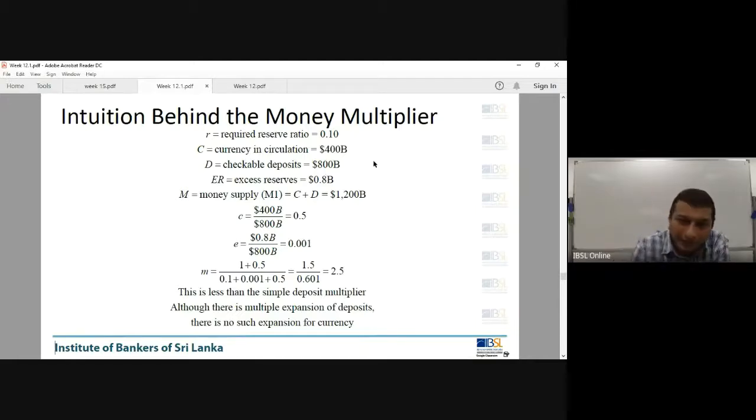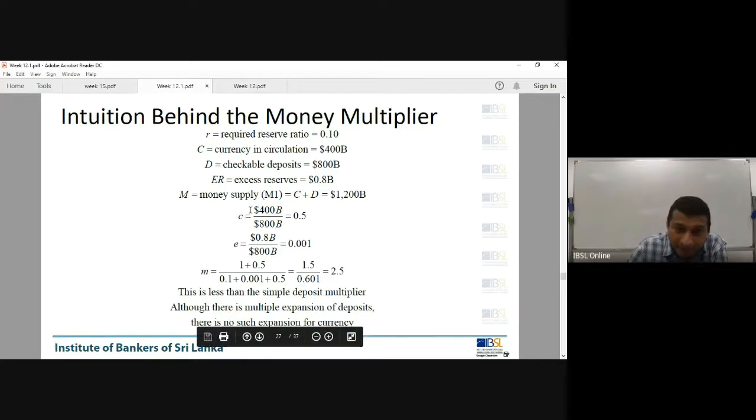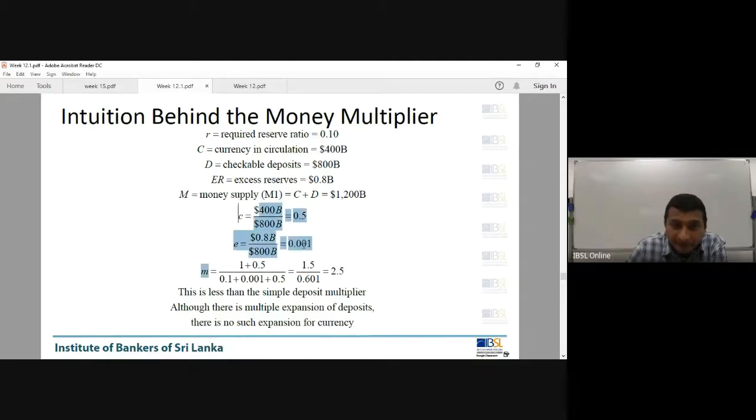Right? So you can compute those details because you know what is the equation here, and you have D here. You can easily calculate ratios for C, small c and small e, right? So that's what they have done here for your understanding. Small c computed, small e computed. Small c, and you already know money supply,